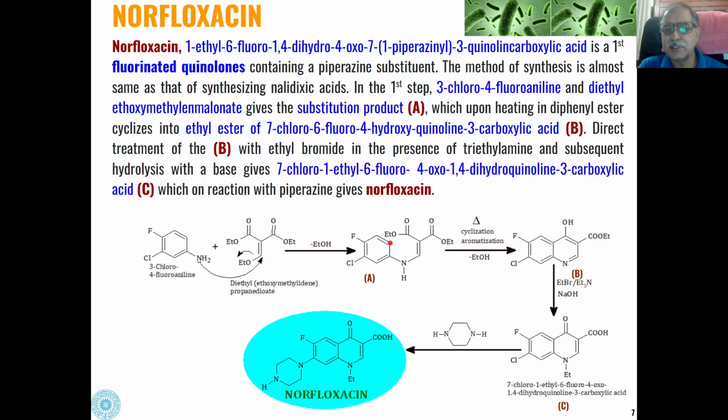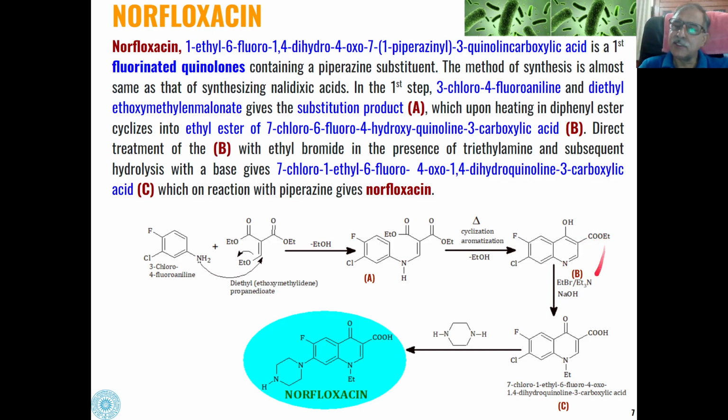So in the first step, H from here, ethanol from here, a carbon-carbon bond will be formed over here, and then aromatization, this bond going to this place, this bond going to this place, and this bond going to this place, with H shifting from nitrogen to oxygen. So we will get ethyl ester of 7-chloro-6-fluoro-4-hydroxyquinoline-3-carboxylic acid, and then this will undergo hydrolysis in